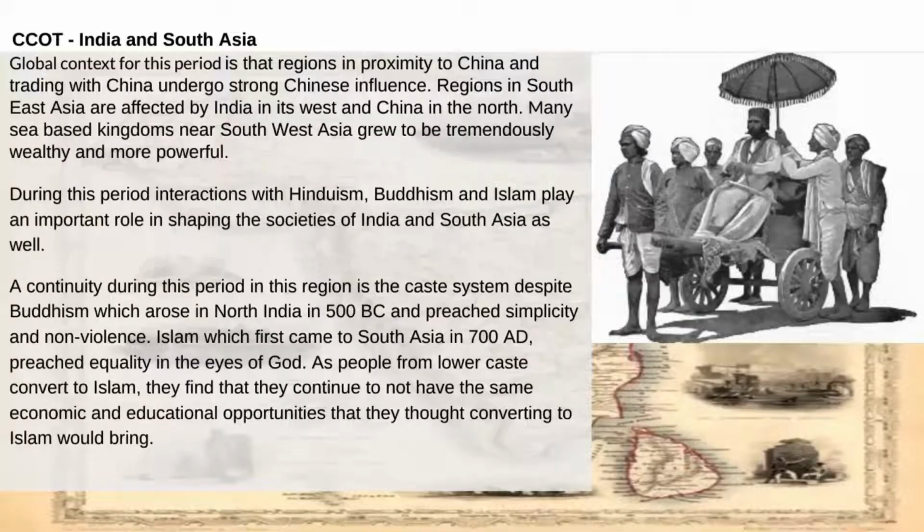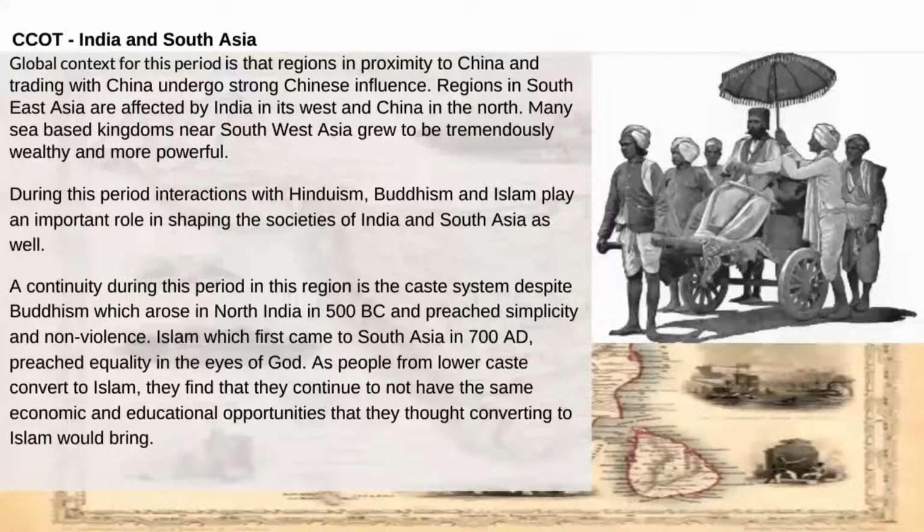CCOT. Global context for this period is that regions in proximity to China and trading with China undergo strong Chinese influence. Regions in Southeast Asia are affected by India in its west and China in the north. Many sea-based kingdoms near Southwest Asia grew to be tremendously wealthy and more powerful. During this period, interactions with Hinduism, Buddhism, and Islam play an important role in shaping the societies of India and